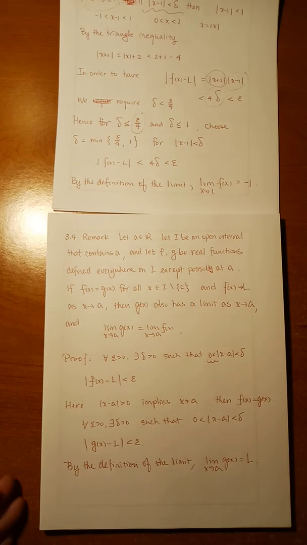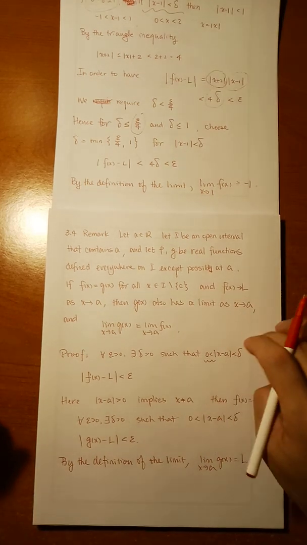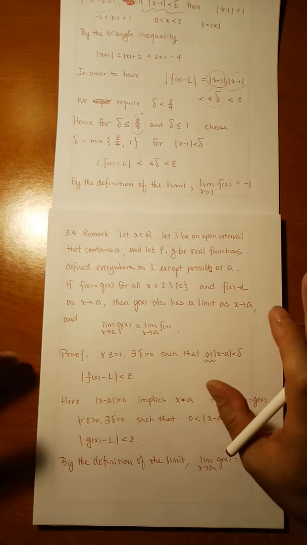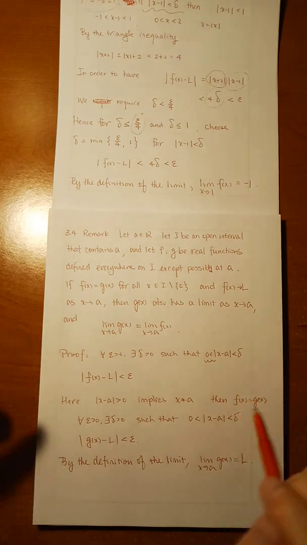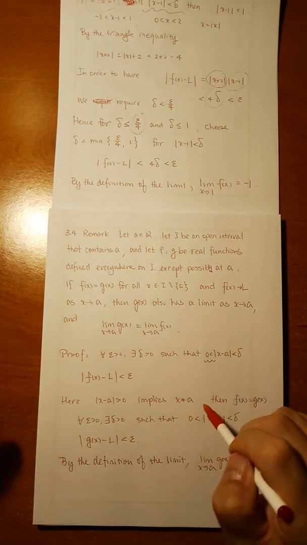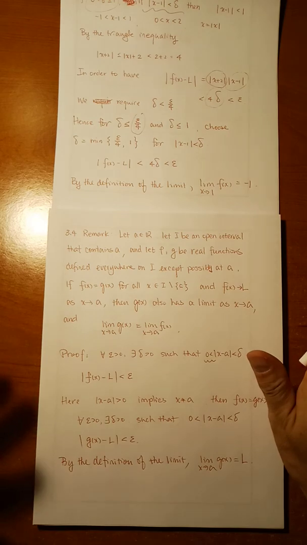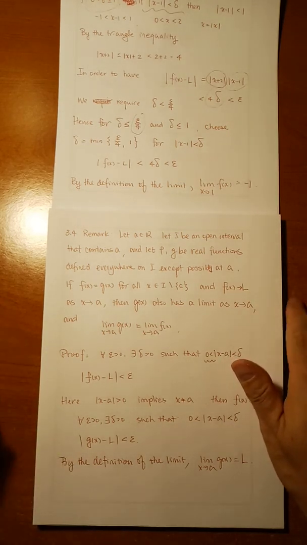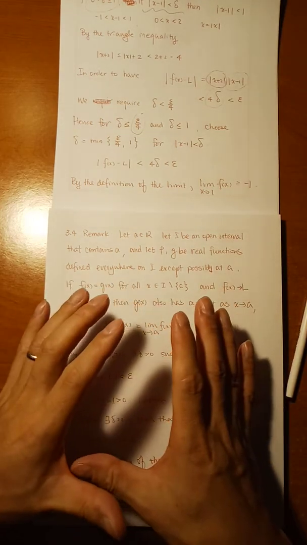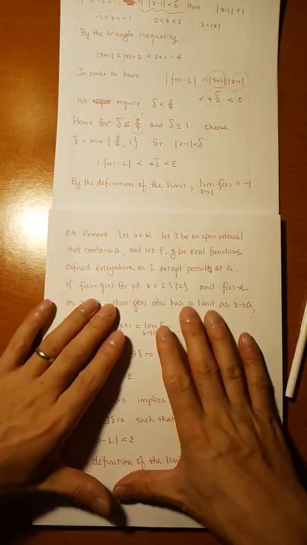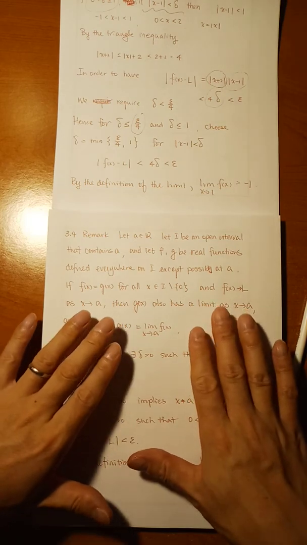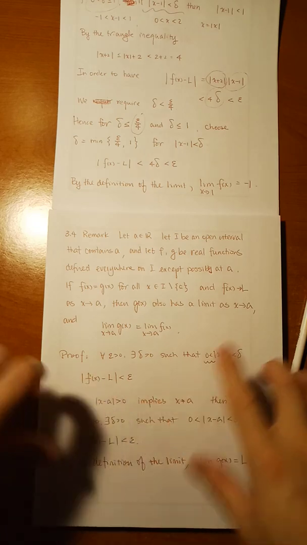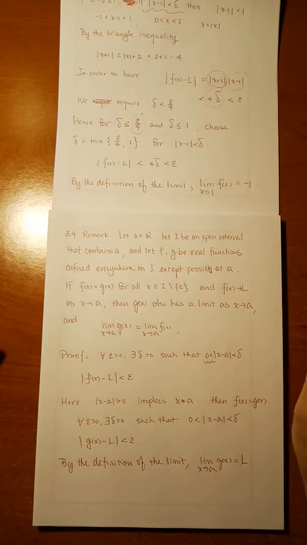Okay, so the remark just gave us the idea of independence from the value of the function f at that point a. So we don't care about the value. It may or may not be defined. It may be defined with whatever value. Once you fix the environment, you know the behavior of the function around it, you will actually already determine the limit of the function when x approaches it. Okay, so that's the case.